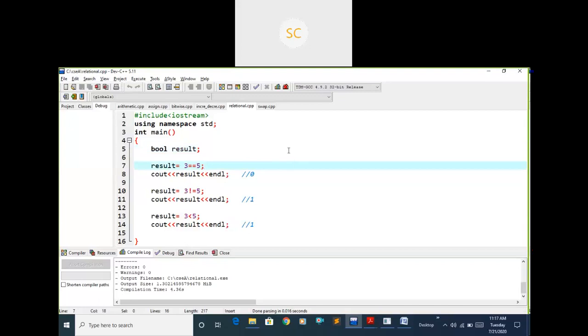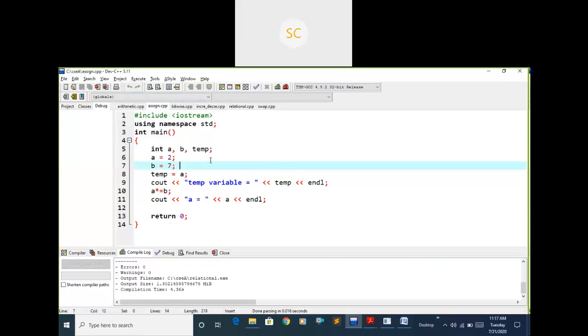In the same way, let's see how you will use the assignment operator here. Here I have three variables, right? One is a, b, and temp is one more variable. Whatever value I have on the right side, I'm directly assigning to the left side. So 2 is stored in a, and in the same way 7 is stored in b.